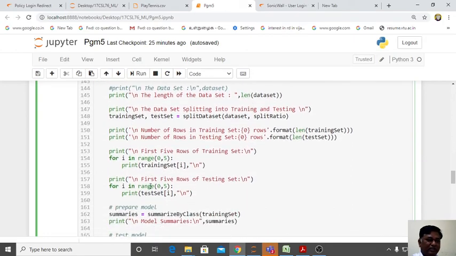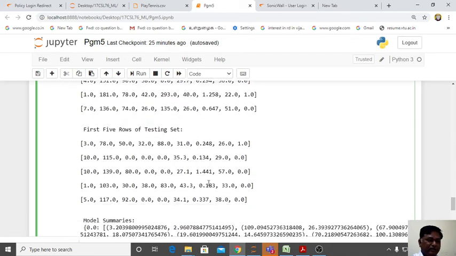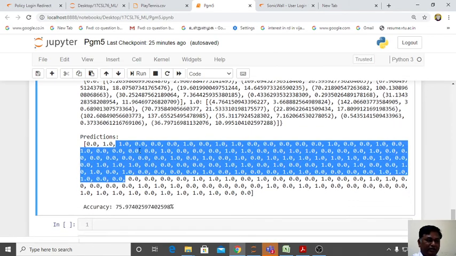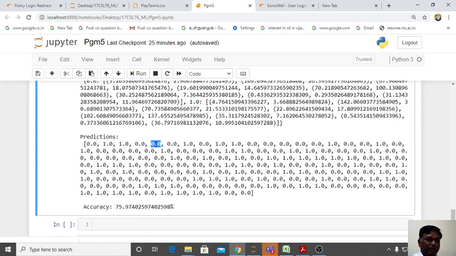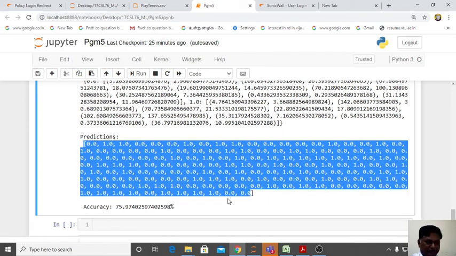Now we are seeing the get predictions. So get predictions that is stored in this variable is printed here. We'll see. So this is the predictions. So the Bayesian theorem has predicted first data as no diabetic, second data is yes diabetic, no diabetic like that. For all the 154 data it has predicted like that.